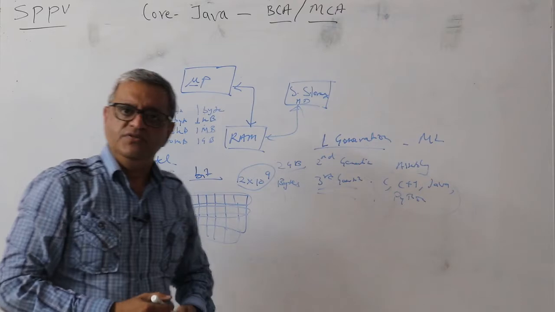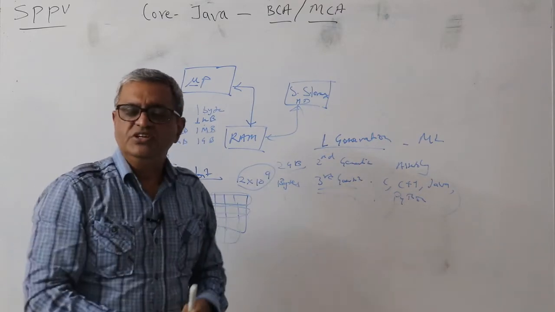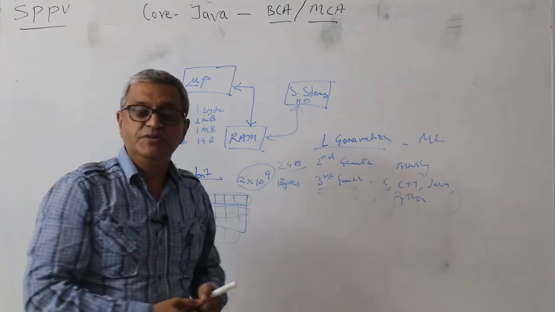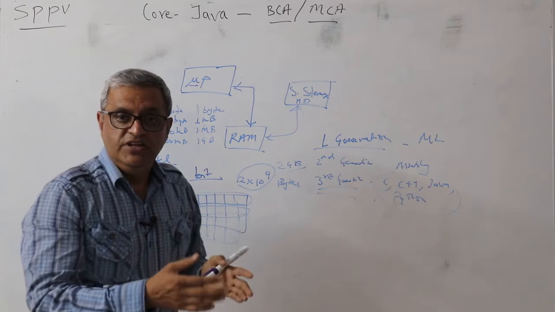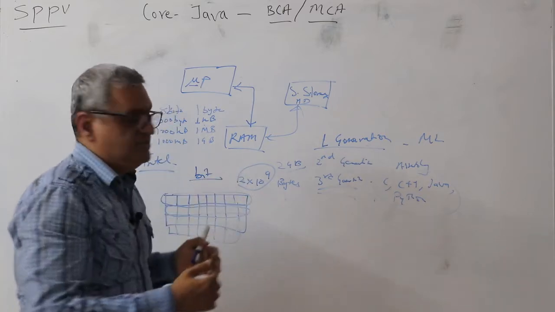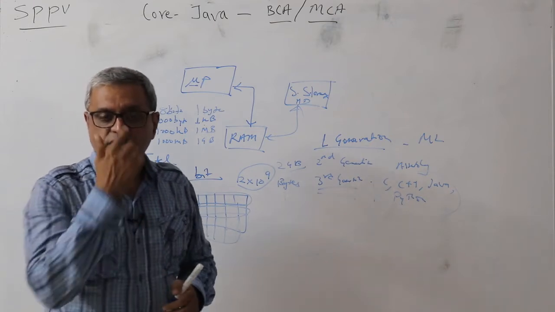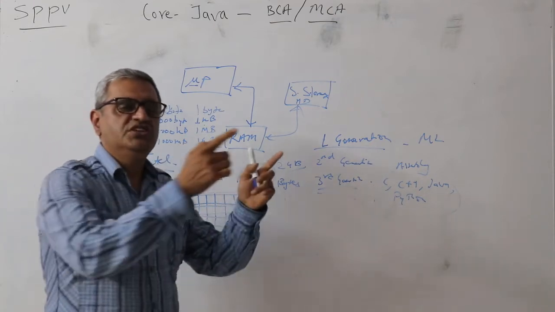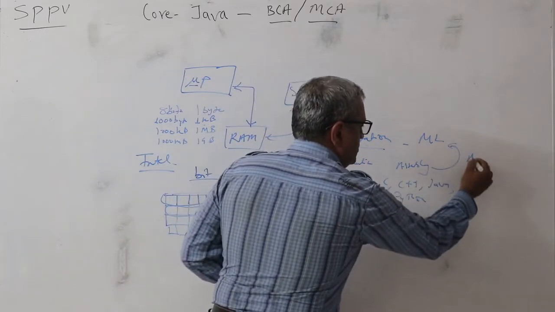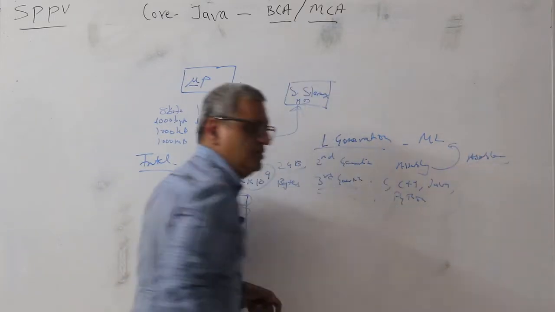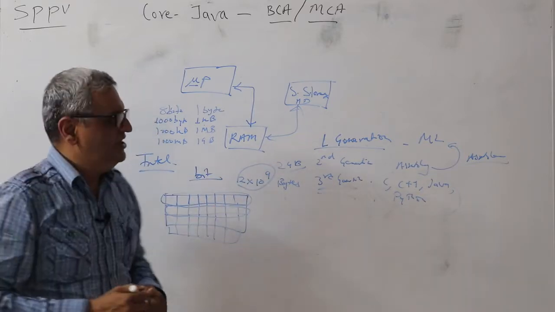So the first generation language is machine level language, the language of zeros and ones. The second generation language is assembly language. Assembly language typically has mnemonics like add, mul for multiply. Every assembly language is dependent on the make of the microprocessor. And to convert assembly language into machine level language, you need something called an assembler. So the assembler converts assembly language into machine level language.